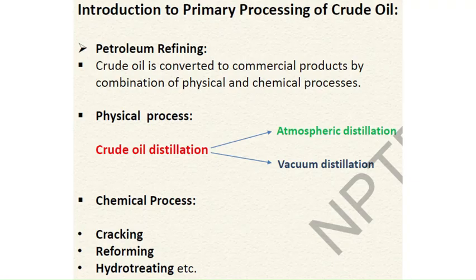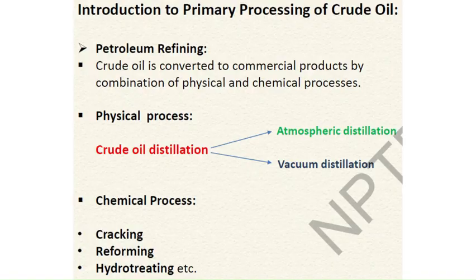and to eliminate various components present in the crude oil which are not good for usage. Suppose various metal contents are present, sulfur is present, oxygen is present, nitrogen is present. All these components are not good for usage in our final products like petrol and diesel, as they are corroding and disturbing in nature. So we need to remove all these components.